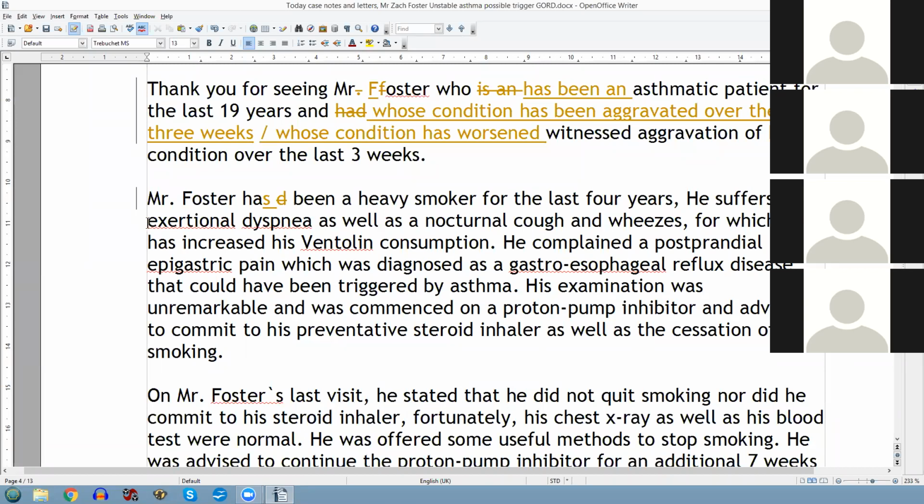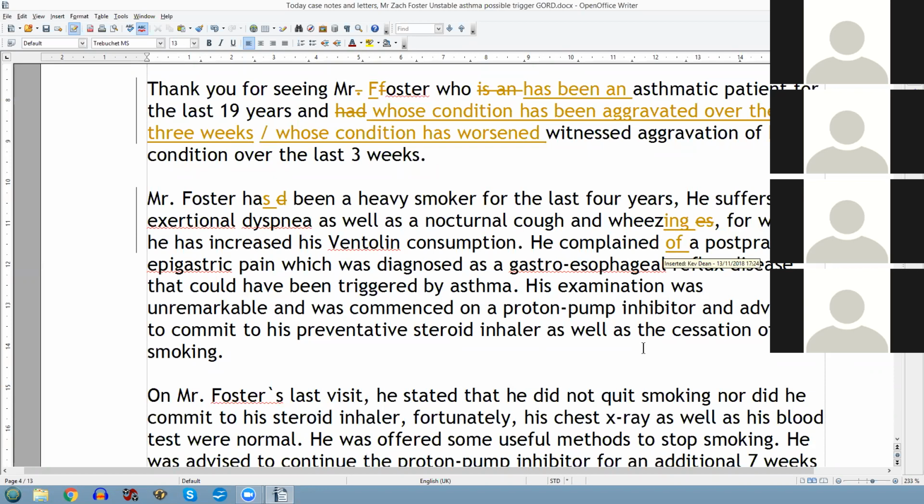He suffers from exertional dyspnea, as well as a nocturnal cough and wheezes or wheezing. Nocturnal cough, and yeah, I'll probably make it wheezing because it's an activity, which increases Ventolin consumption. Yeah, that's good. He complained, well, you complain of